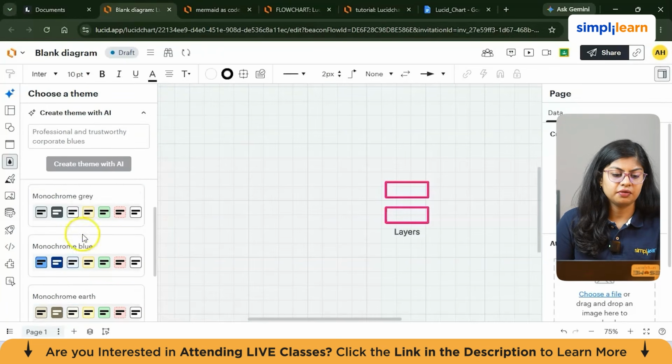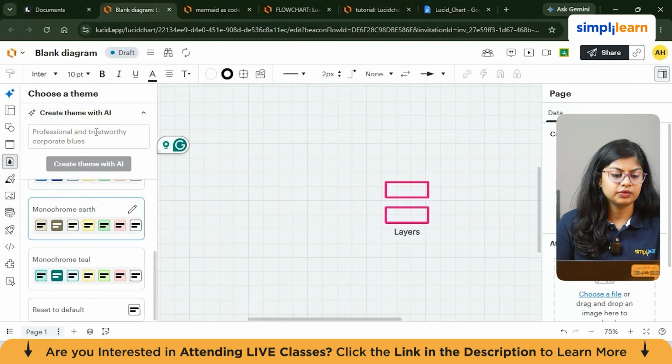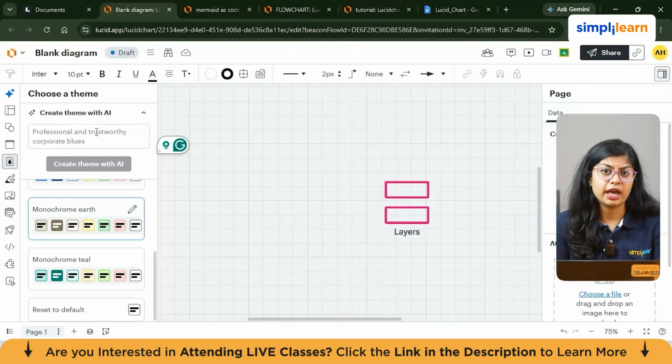Here we can select a different style as well, and give it a theme or any kind of rule for it. This becomes very powerful when your diagram is large. Instead of manually checking every shape, you can just let formatting rules visually highlight important information. The next part is external data and importing.